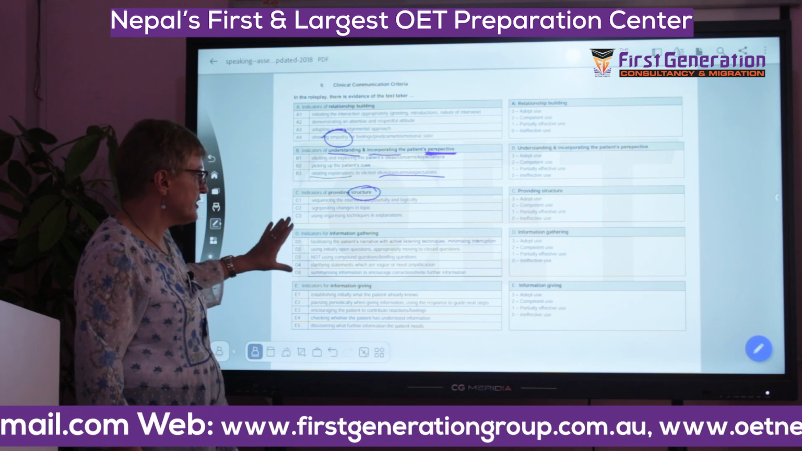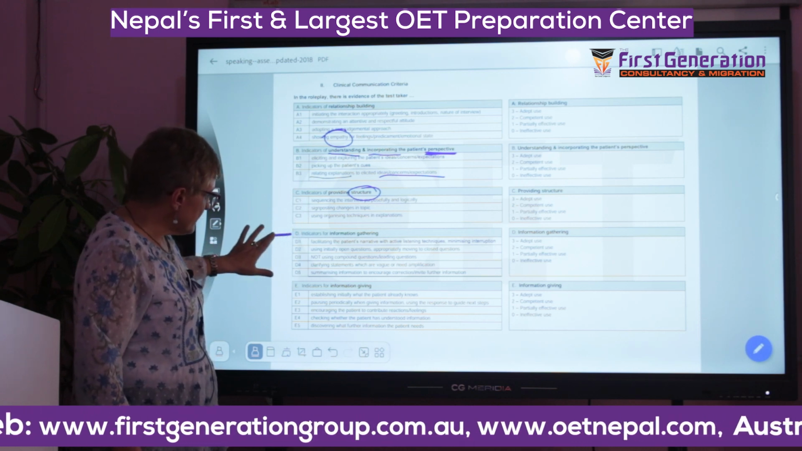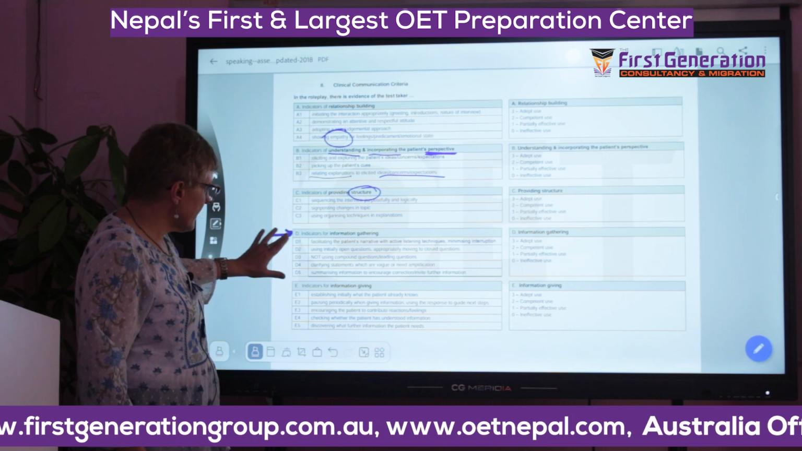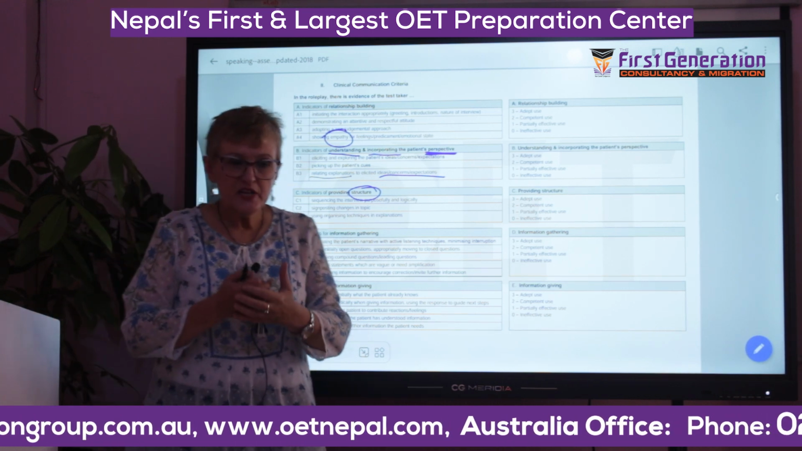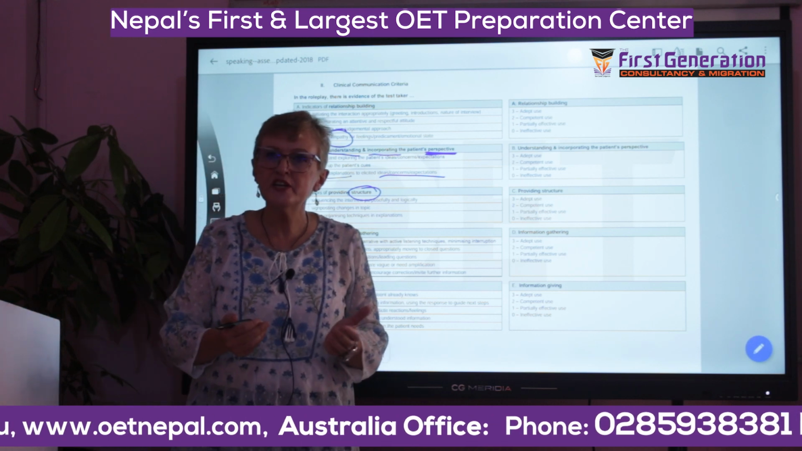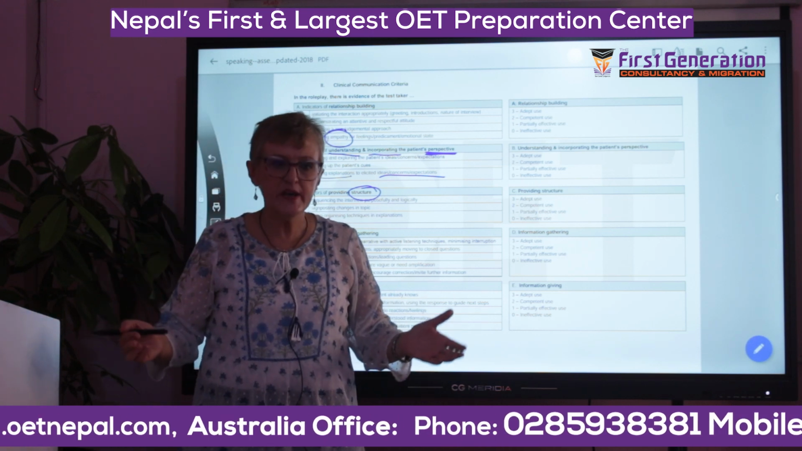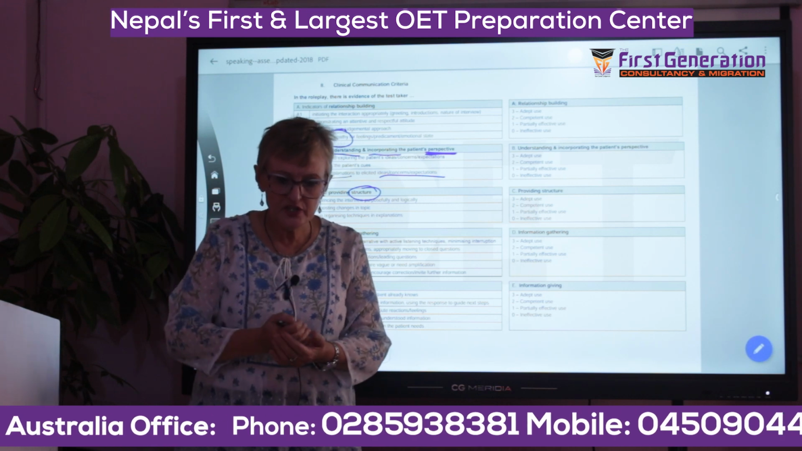Indicators for information gathering. This is usually one of the struggles. This is one of the harder aspects of this. How do you gather information from the patient? So make sure you ask them information in an open way. So if you ask yes/no questions,